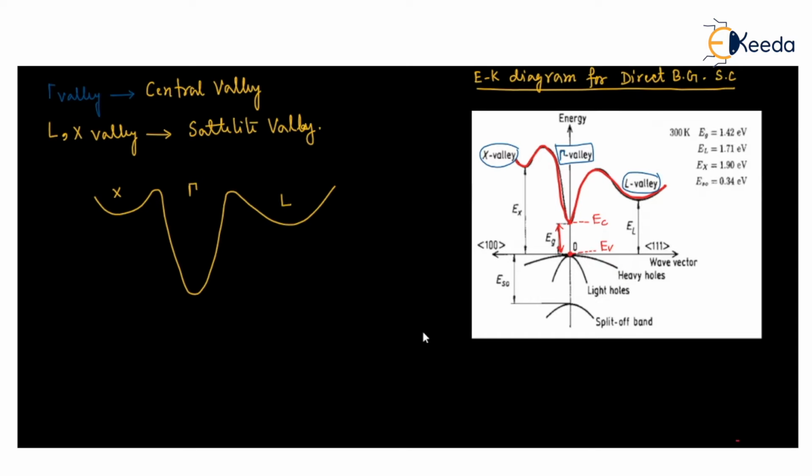Now if I look at the satellite values, this is my satellite value, and this is also my satellite. In these satellite values, the plot is parabolic, and the curvature